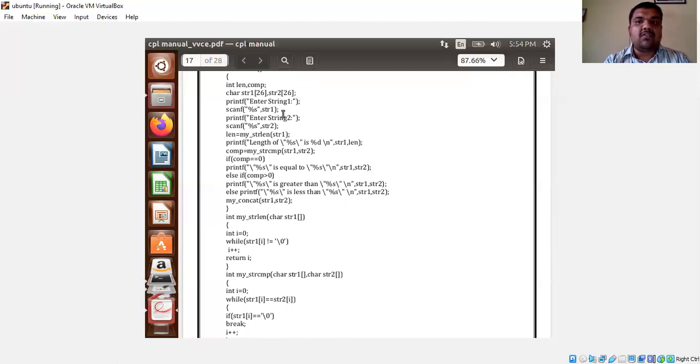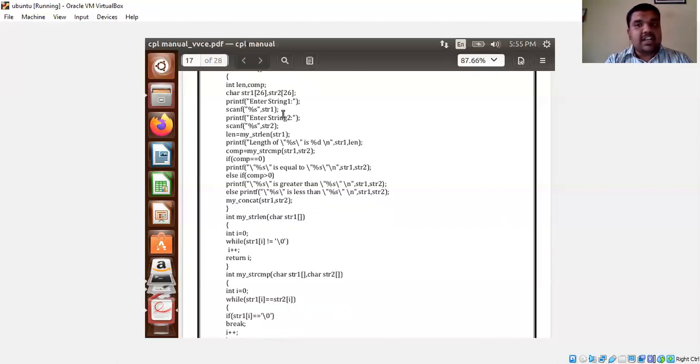The null character of the first string is removed, and then the last position of string 1 is attached to the first position of string 2. Thereby we get the joined string, which becomes a single string.